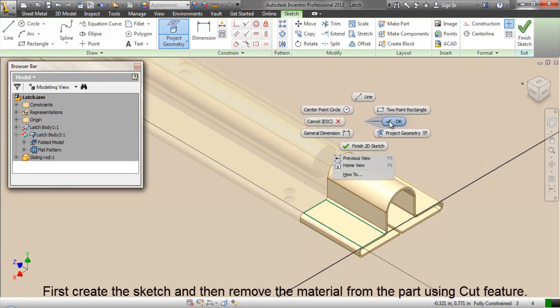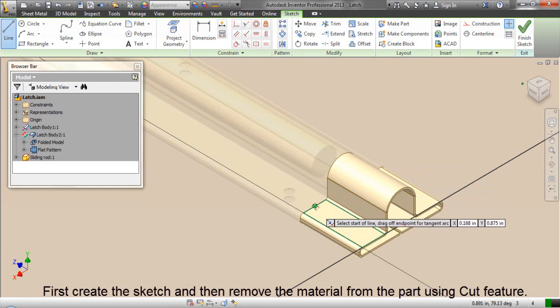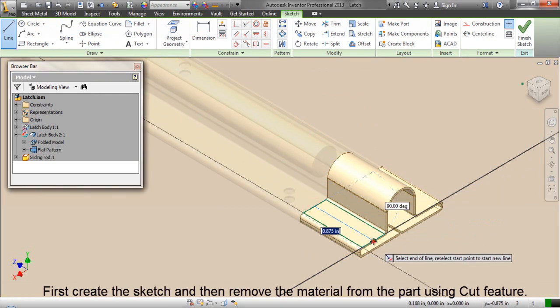First, create the sketch and then remove the material from the part using cut feature.